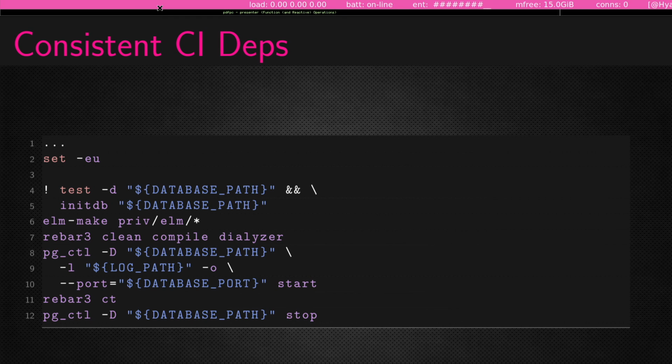Okay, so this is going on about the scripts. I don't want to be in the way of you and cocktails too much. But here I'm just specifying what I might do in a CI verify script, right, for one of my Erlang web applications.